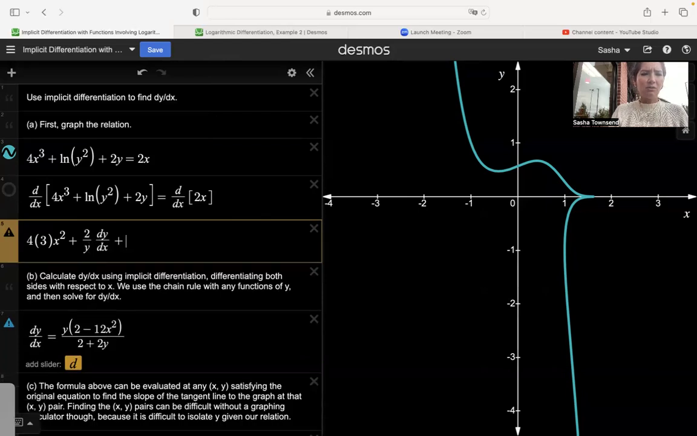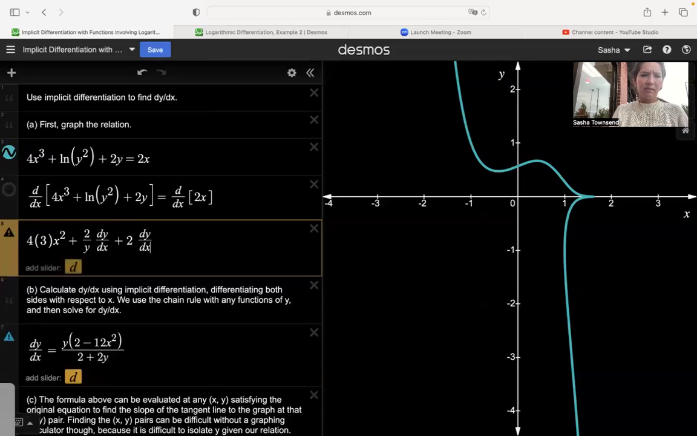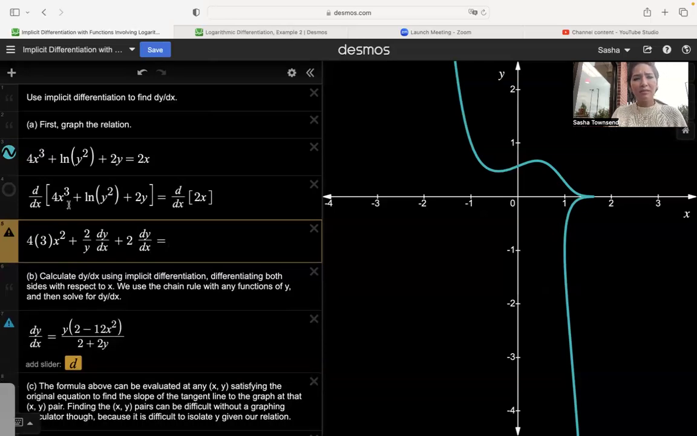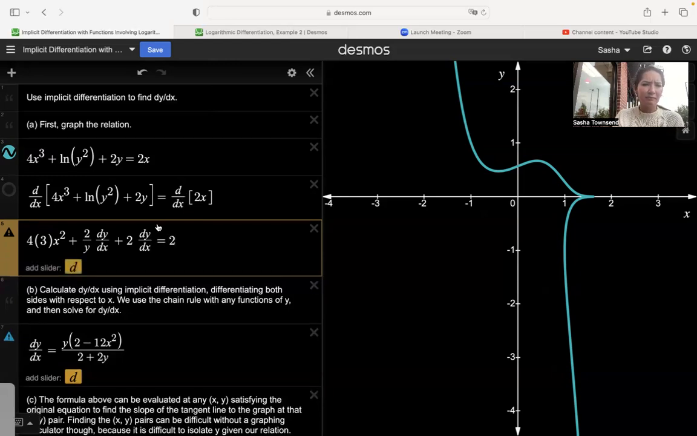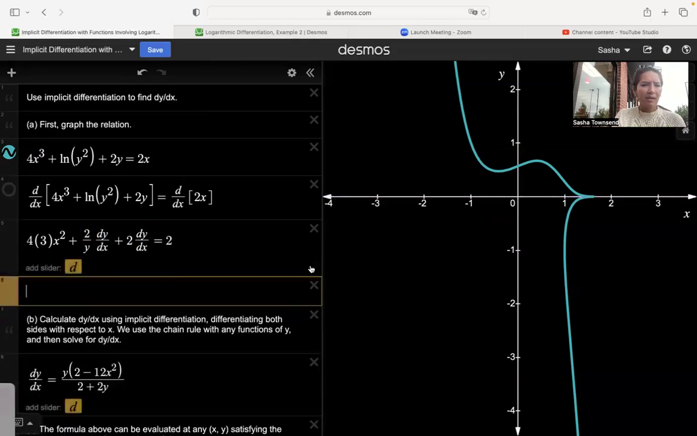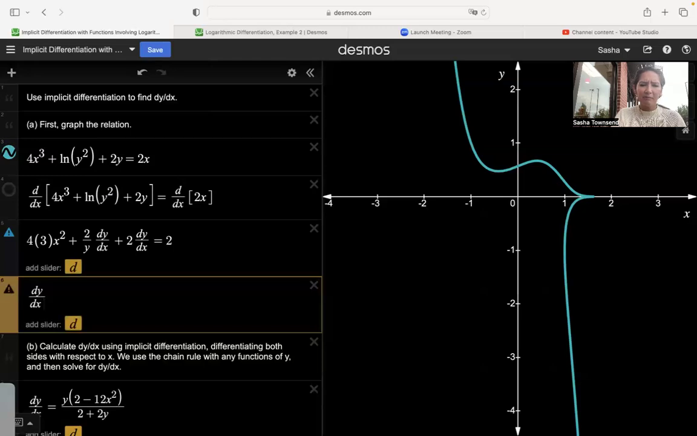And then we add 2 times the derivative of y with respect to x. That's on the left-hand side. And that equals the derivative of 2x with respect to x. Derivative of a constant times x with respect to x is just a constant. So now you have this equation involving your dy dx. Your dy dx is here and here. So we've got 2 terms involving dy dx. And then there's this other term that doesn't involve dy dx. So we will subtract that term from both sides and then factor the dy dx out of these 2 terms on the left-hand side. So what we get is dy dx times